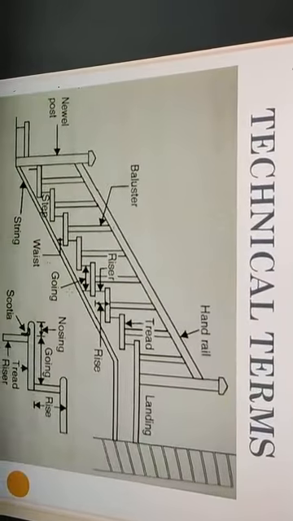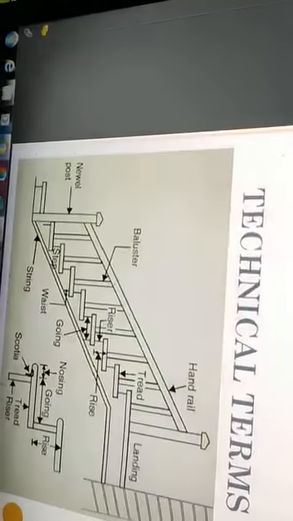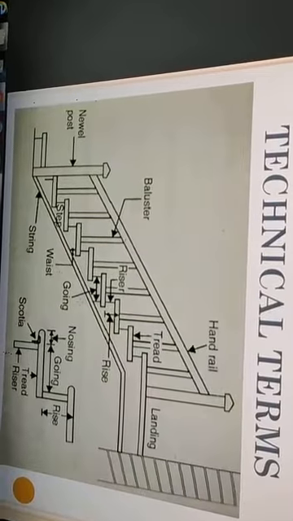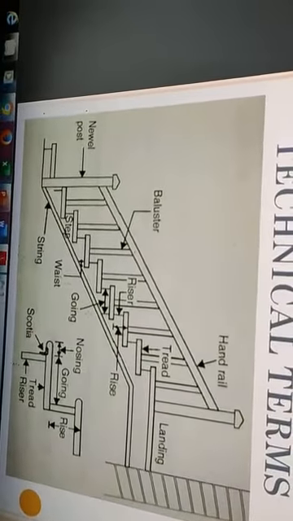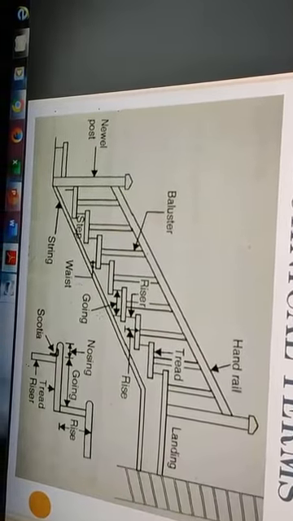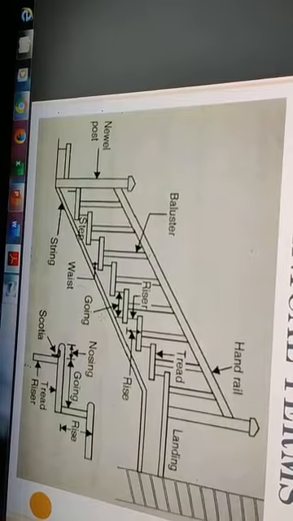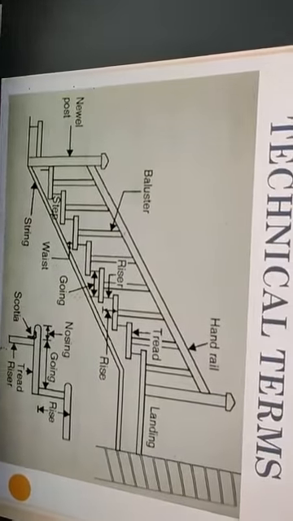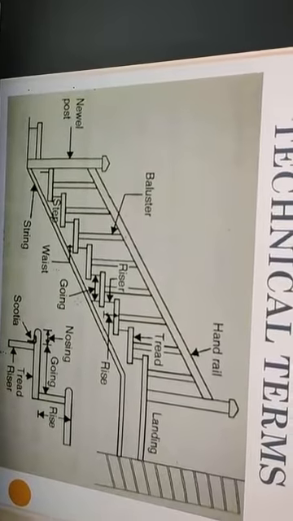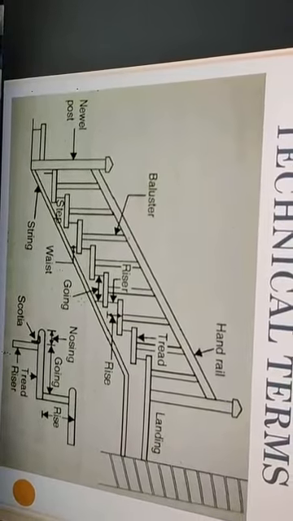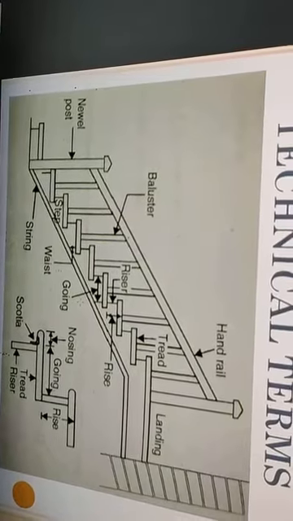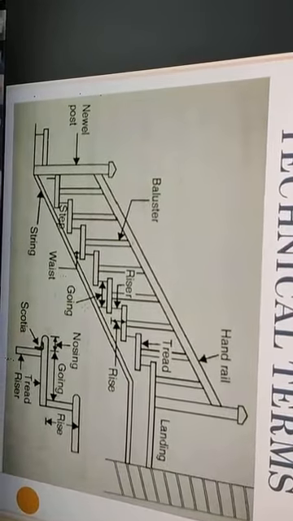Now, what is a good requirement of a good staircase? It should be wide enough to carry the user without much crowd or inconvenience. In a residential building a 90 centimeter wide stair is sufficient, while in public buildings 1.5 to 1.8 meter width may be required. And what should the length of flight be? The number of steps should be not more than 12 and not less than 3 for comfort.